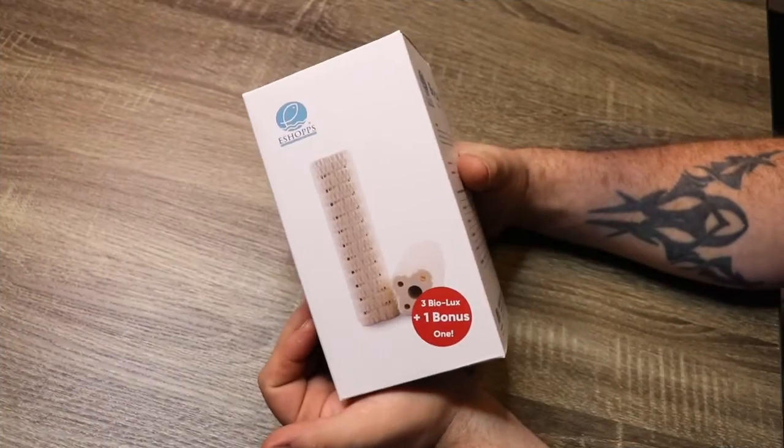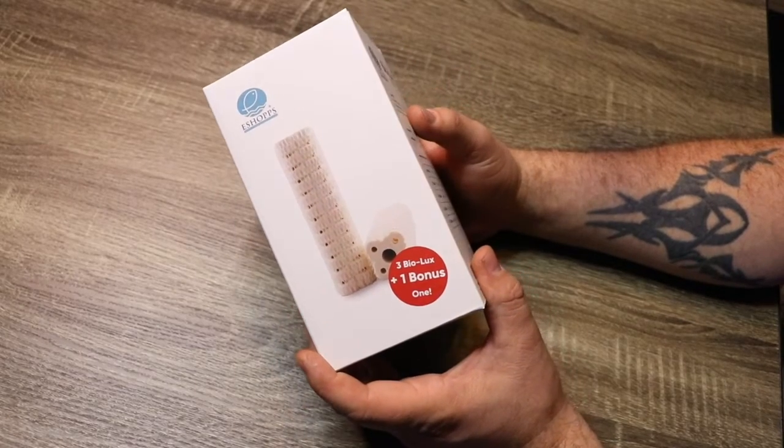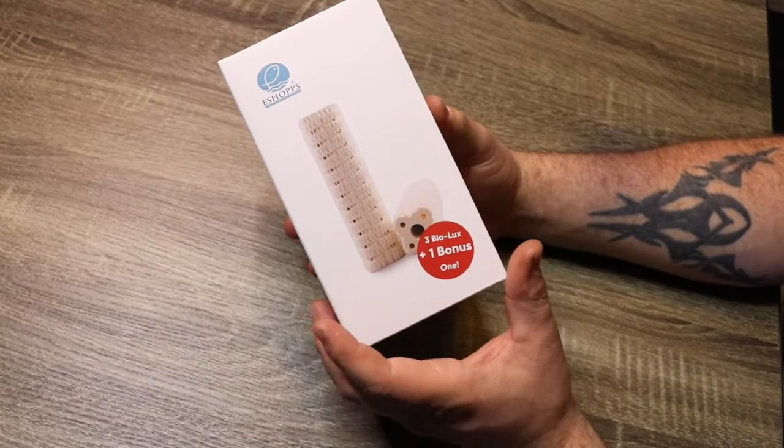And this week we're going to be taking a look at the Eshopps Bio Lux. So let's jump into it. Right, guys, so we're taking a look at Eshopps Bio Lux. This is the 4-piece box, and what this is going to do for you is increase the surface